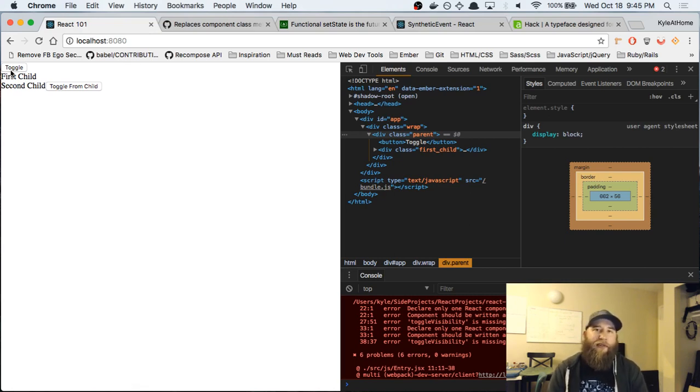Context is an experimental API, but it's been used by some of the most popular libraries like React Router and other ones, and it is worth knowing. I have never needed to use it in my React projects or at my former place of work where I worked on React day in and day out. But it's definitely a useful tool to have in your arsenal. And so I want to give it the proper time it needs.